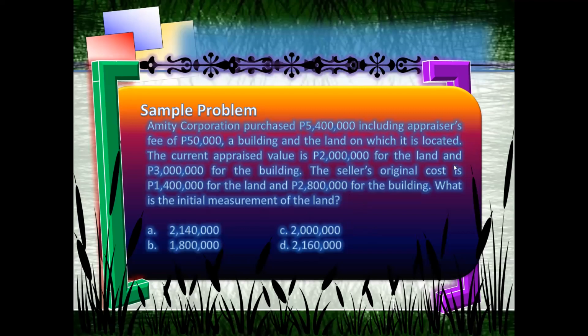So, in this case, ang sabi dito, di ba, the current appraised value is 2 million for the land and 3 million for the building. Tapos, meron din siya binigay na original cost, which is 1.4 million for the land and 2.8 for the building. So the question is, what is the initial measurement of the land? So again, there are two things that you have to apply here. There's two concepts that you have to apply here. One is the idea of